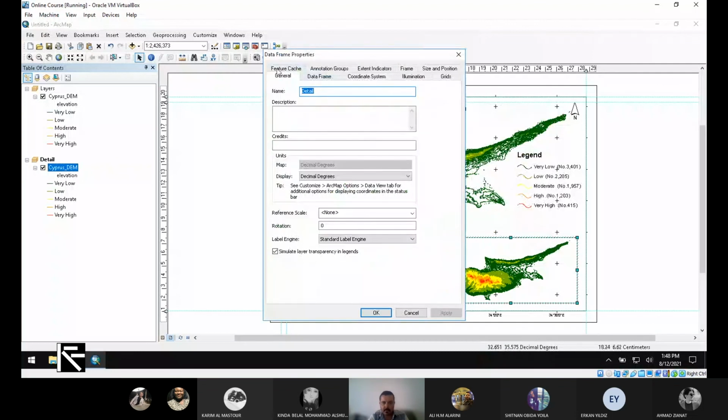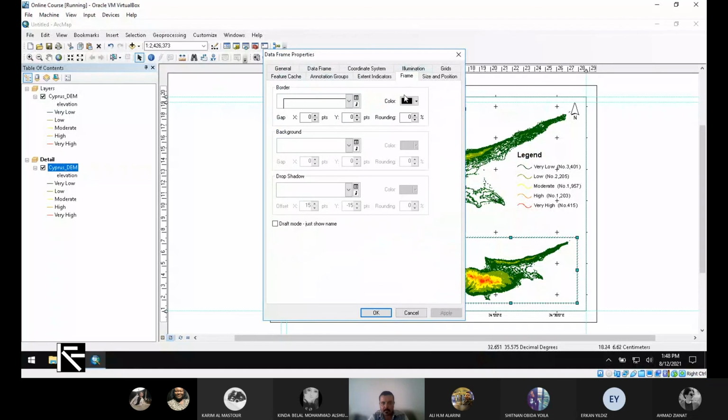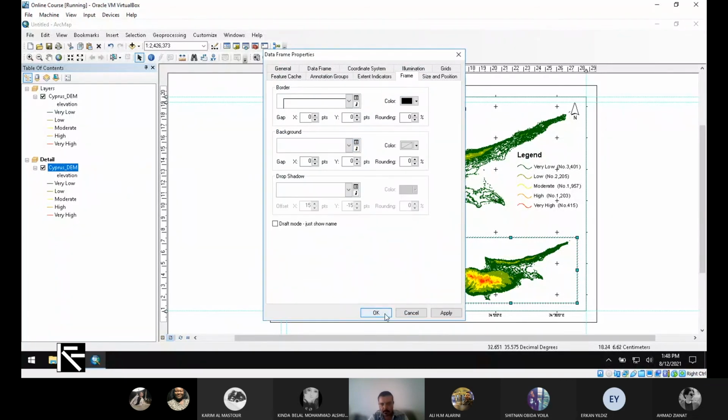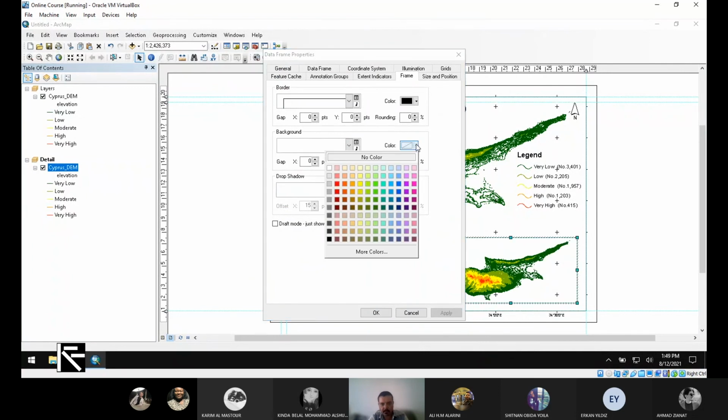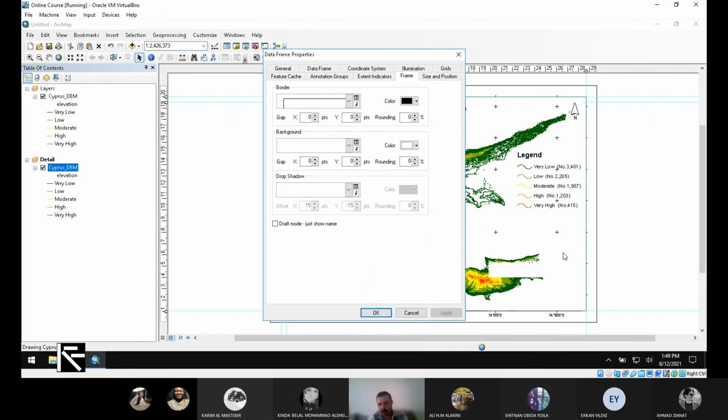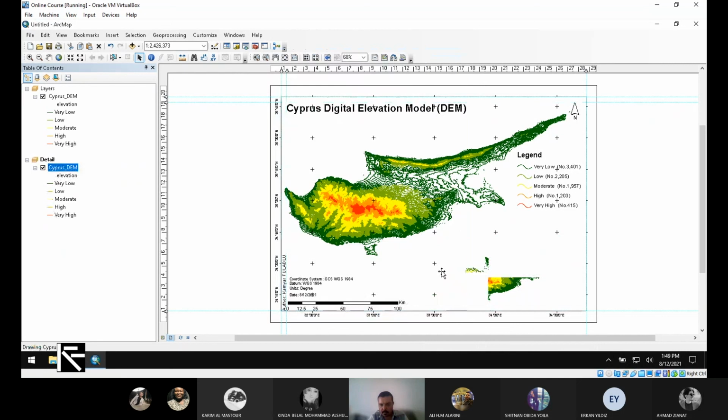For a data frame, I change the background to white because I don't want to see the information through it. I mean the background information goes through. And for this little tiny one,